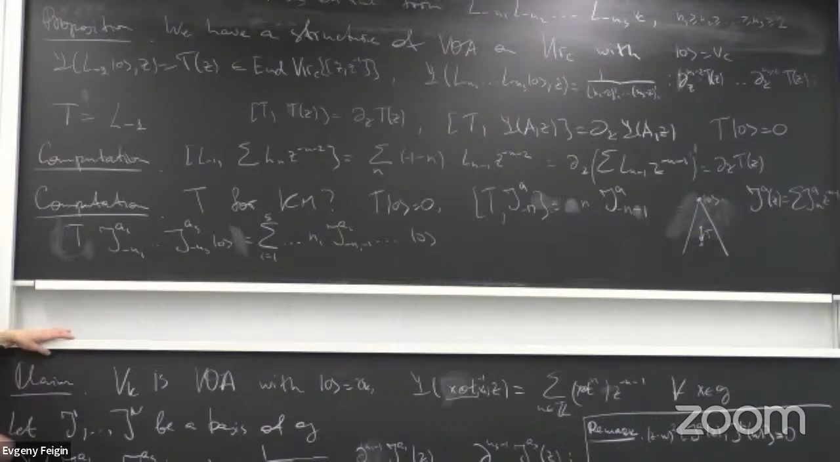I'm sorry, but I thought about this formula like T in terms of J a1. This is also possible. We'll get there. This comes from the so-called Sugawara construction, and it does exist. But if you want just to compute it, then it's